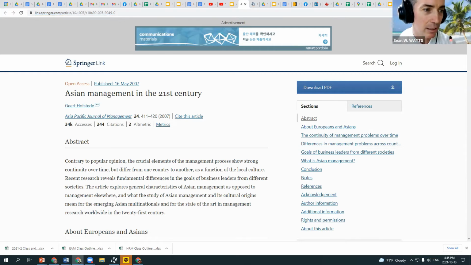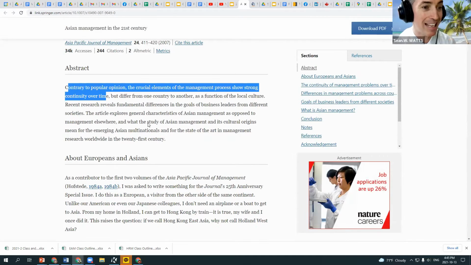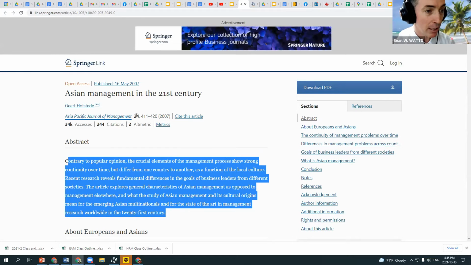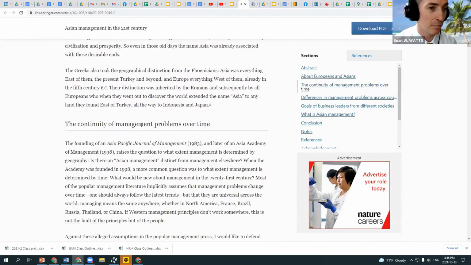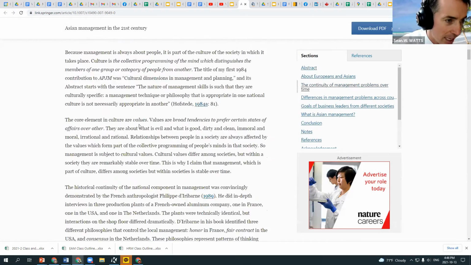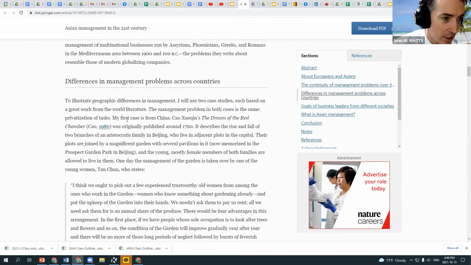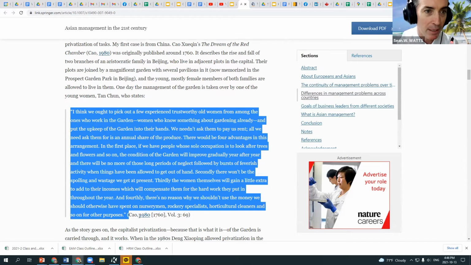Soyeon Kim, can you read the title? Asian Management in the 21st Century. Right, and so it teaches something in the very first line. The journal is super, super reliable and respected, the Asia Pacific Journal of Management. Generally, the introduction is also interesting, but you can skip over some of that. What they're saying is, historically, management came from differences here. In 1760, China started to identify management, and there is a book about it. And this is a reference to that book from 1760.